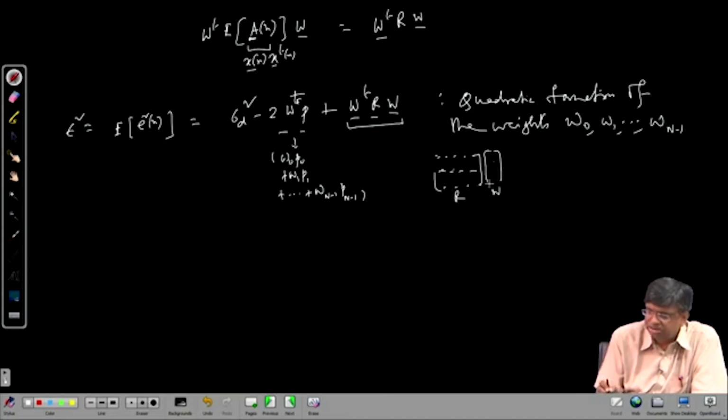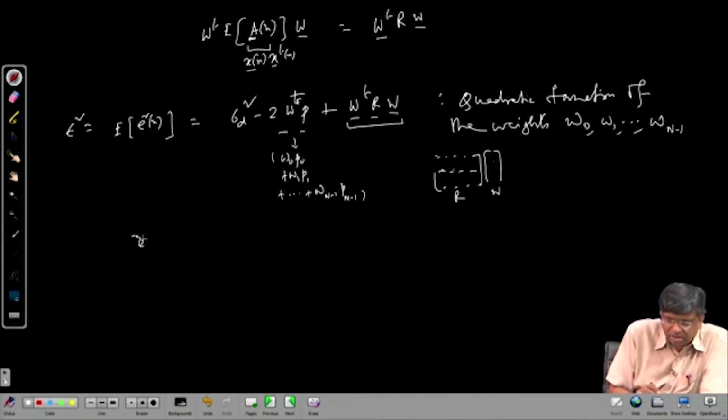This first row times this will be the first guy. This is a vector after all, a column vector. The first guy will be the first row times this. That will contain all these elements of W. That will be multiplied by the first element here, W0. So it will be W0 square, W0 W1, W0 W2, W0 W3 dot dot dot. Then the second row times this will give the second guy of this vector. Again that will have W0 to Wn minus 1. That will be multiplied by W1 from here. So we will have W1 W0, W1 square, W1 W2 dot dot dot. So that way this is the second order component and this is the first order component. So overall it is a second order function, and therefore we should